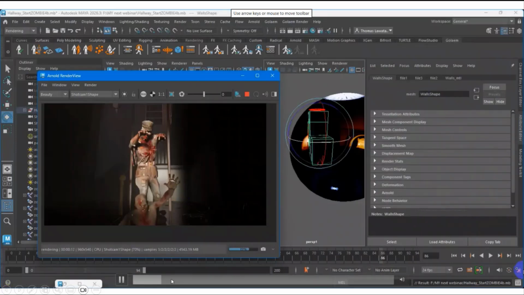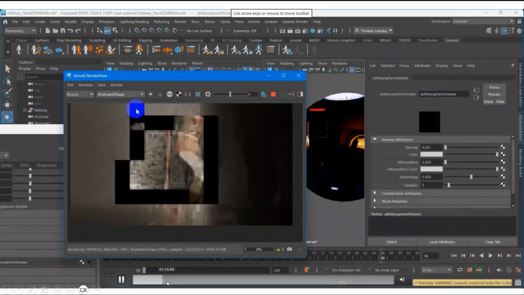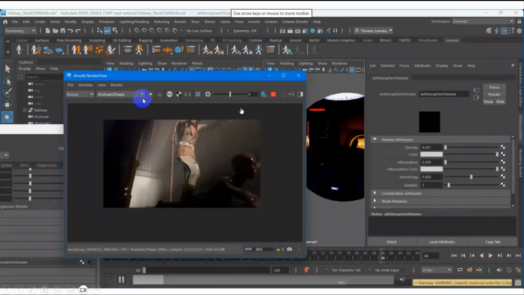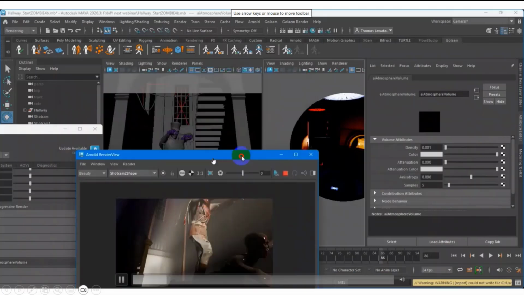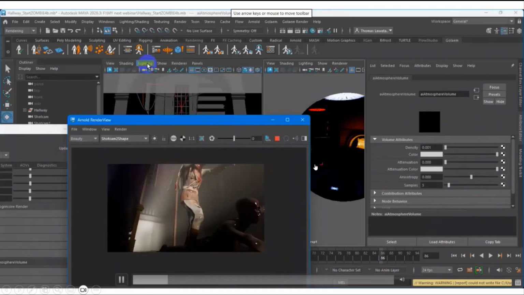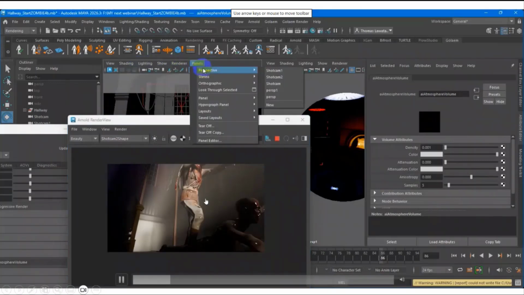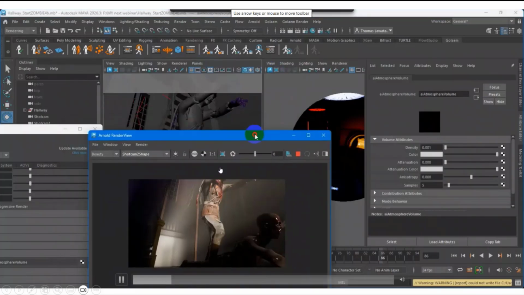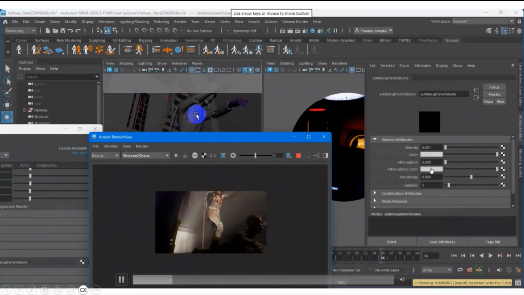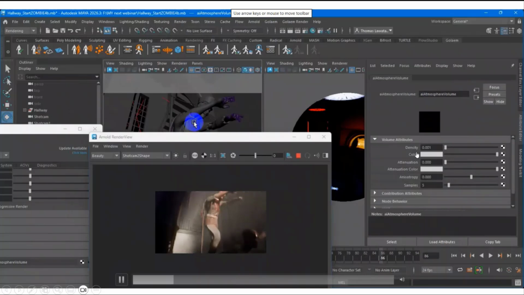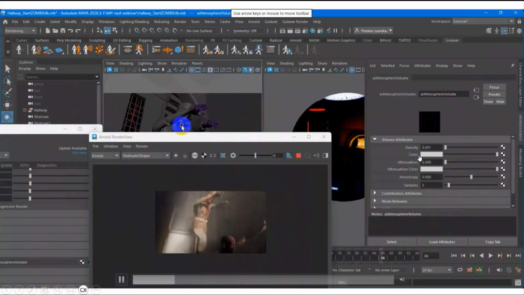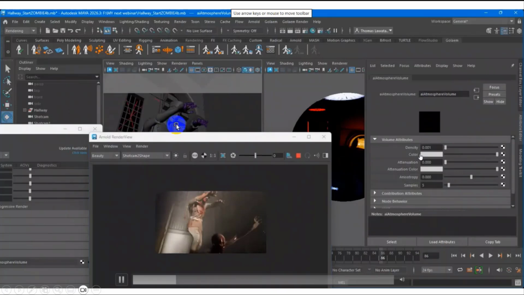Okay, so I try to see the light, like the fog coming from the area light, from the door outside, coming into the room. Something like that. So we need to adjust the density and so on, and you can also put in the color. Here I'm using the default.